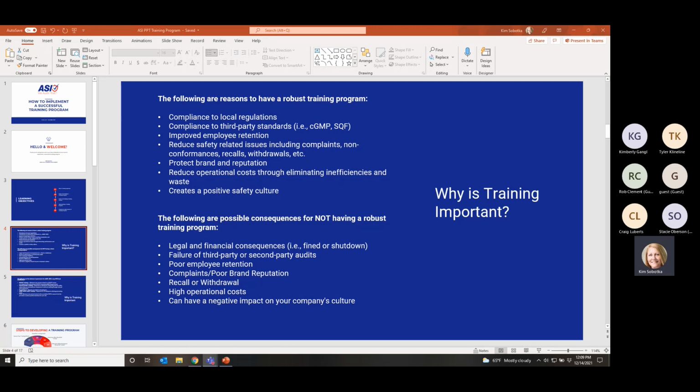Poor employee retention: again, if you're not training them to do their specific jobs, they potentially leave and go somewhere else where they feel like somebody cares about them and the job that they do. Customer complaints and poor brand reputation, recalls and withdrawals. And some of you on here, I know, are at a different level of compliance in terms of US regulatory level or GFSI level.